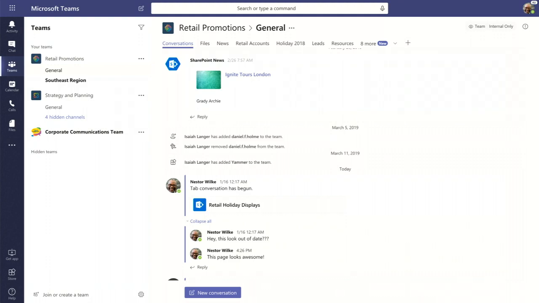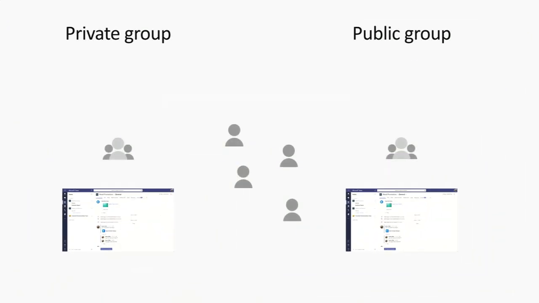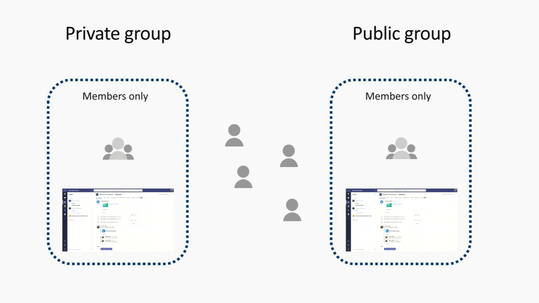For team conversations, whether you're in a private group or in a public group, those conversations are only available and visible to the members of the group. But again, a reminder, because public groups are about people discovering the groups and joining in when they're interested, anyone can join a public group at any time without any approval required. And again, this is really helpful when you have a topic that's of interest. For example,